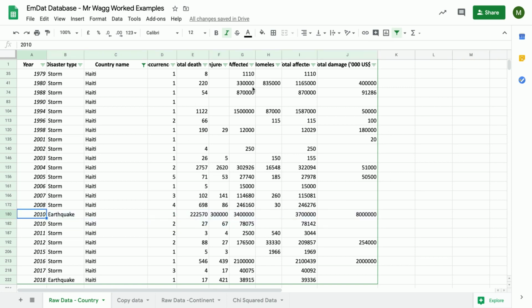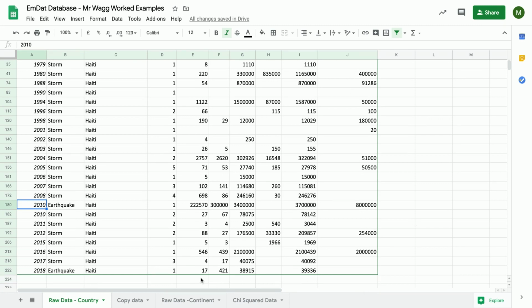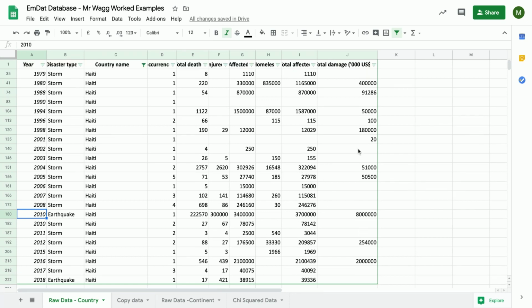Okay, other kind of useful skills, so basic formulas. This is where they start really coming into their own. Whenever we're doing a formula in a spreadsheet, we've got to apply the basic principles of algebra. So it always starts with an equals. Now that tells the computer that there's going to be a calculation or a sum that you want it to do. What both Excel and Google Sheets have got built into them is lots of preloaded formulas. So if I want to calculate all of the deaths in Haiti, which is what's currently showing on screen,